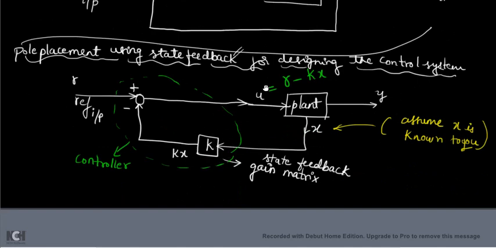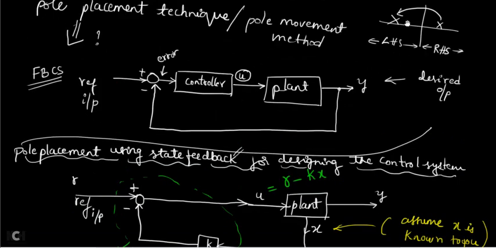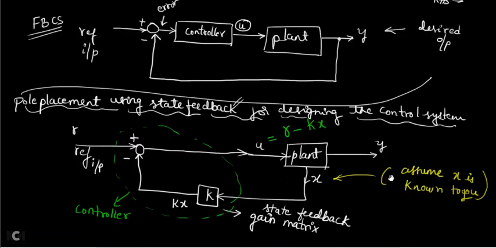If you substitute that K, the entire control system will work as a stable control system, because the K value you have designed will make your poles present at s = -1 and s = -2. So that is the method of control system design using the pole placement method by using state feedback. Now let us derive in the next slide. We will derive. Now what is the state space equation? We know x dot = Ax + Bu.